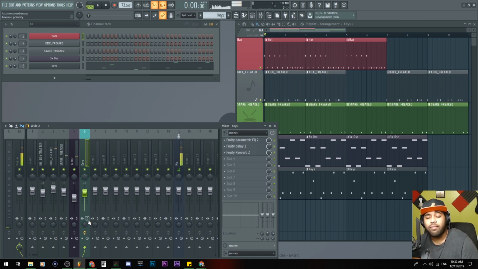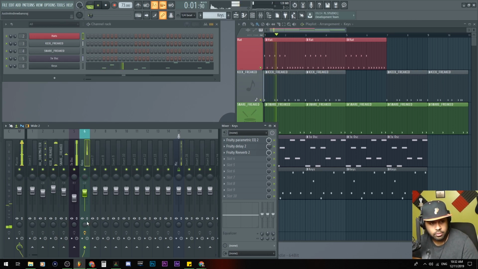This button is going to reverse the polarity, which is pretty hard to visualize. Maybe if I do this, Alt and W. Yeah, it's not going to be easy for you to see unless you see like a stereo image. Let me turn that off.